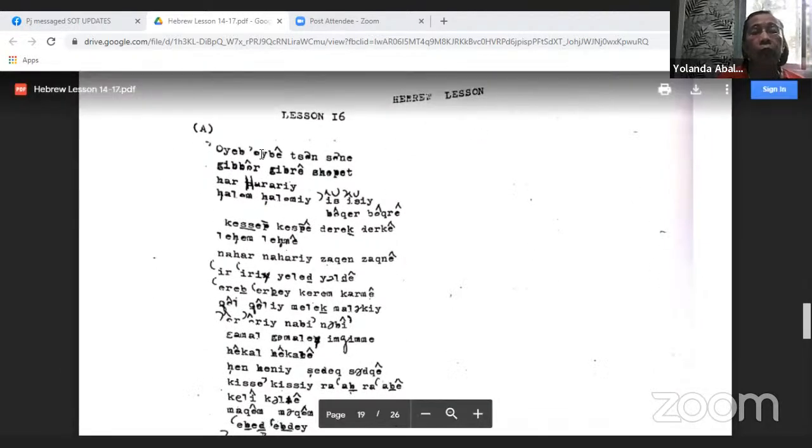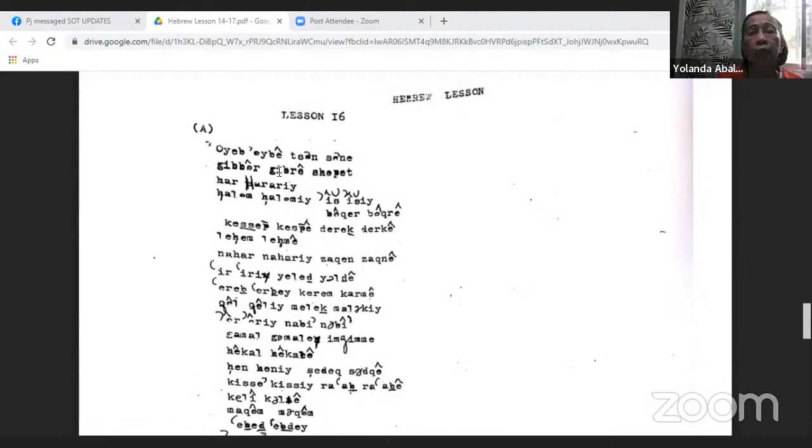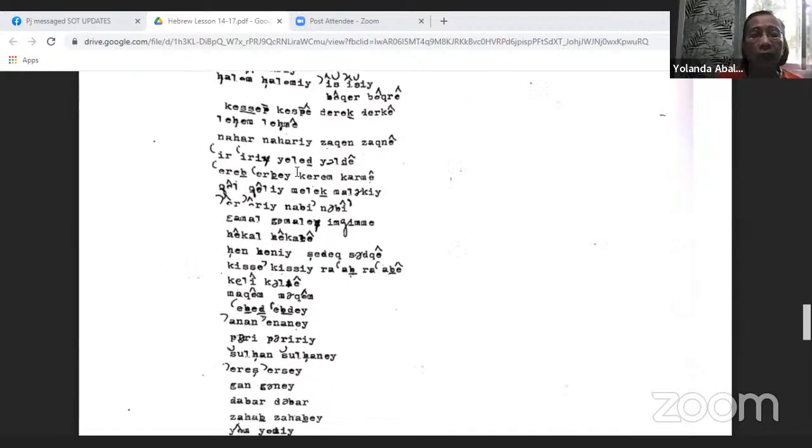To construct the uyid into oidi, the chon into choni, gibor into gibre, shopet into shopti, shopti na wala dito ang shopiti, har into harari, kalom into kalumi, ish into ishe, boker into bokre, kesep into kespi, derek into dereki, lekim into lekmi, nahar into nahari, zakim into zakni, ir into irre, yaled into yalde, erid into erbi, kerem into karmi, kol into koli, melek into malki, or into ore, nabi into nebi, gamal into gemali, and then we have